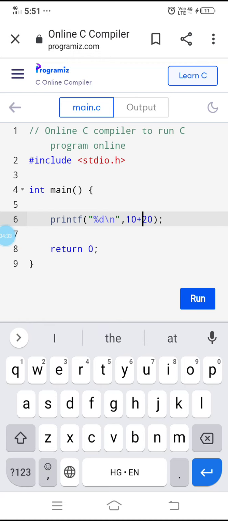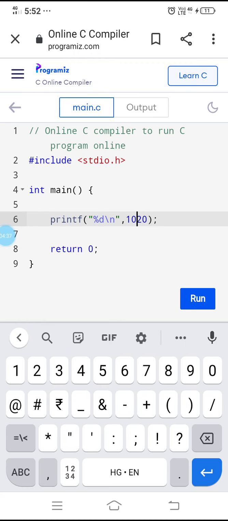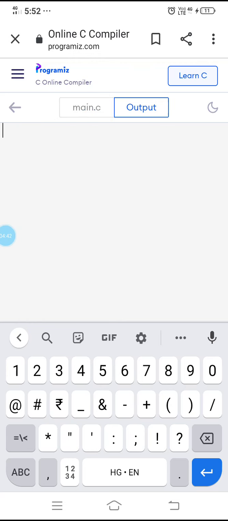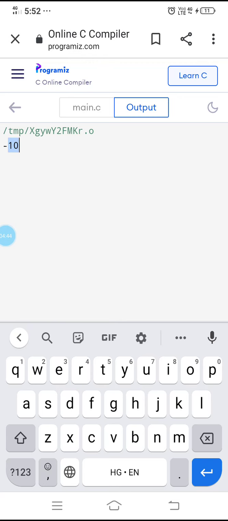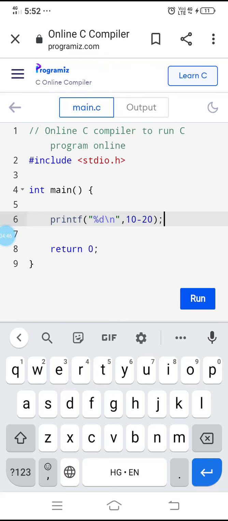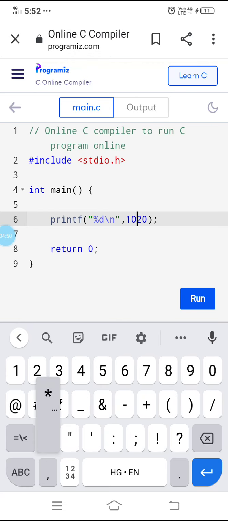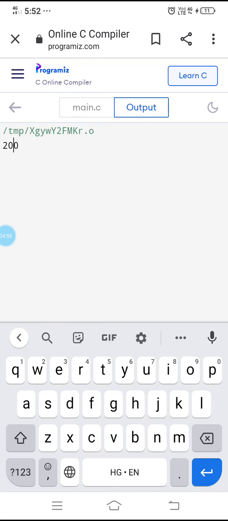Similarly, instead of writing all the statements, I am trying one operator at a time. 10 minus 20, the result is minus 10. Similarly, 10 into 20, multiplication, the result is 200.